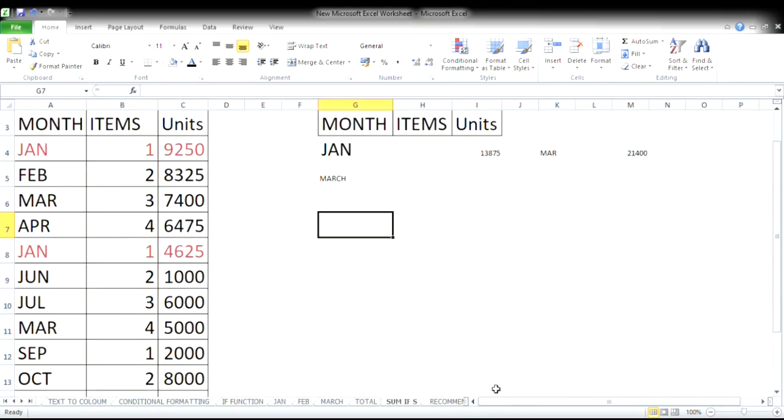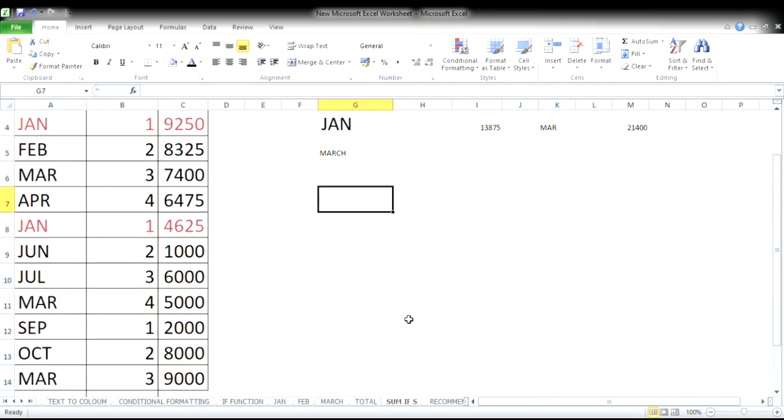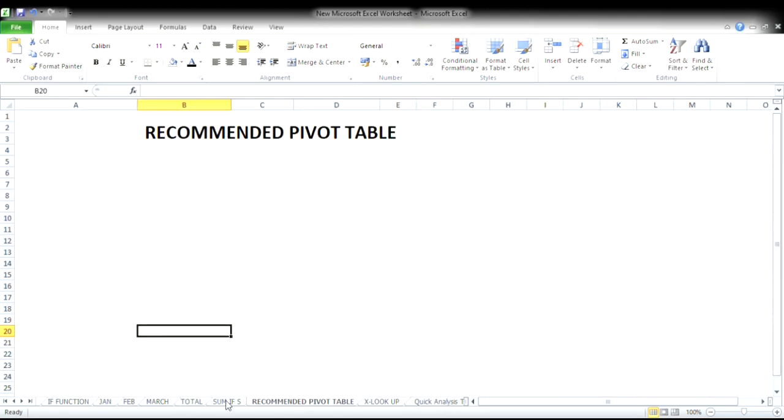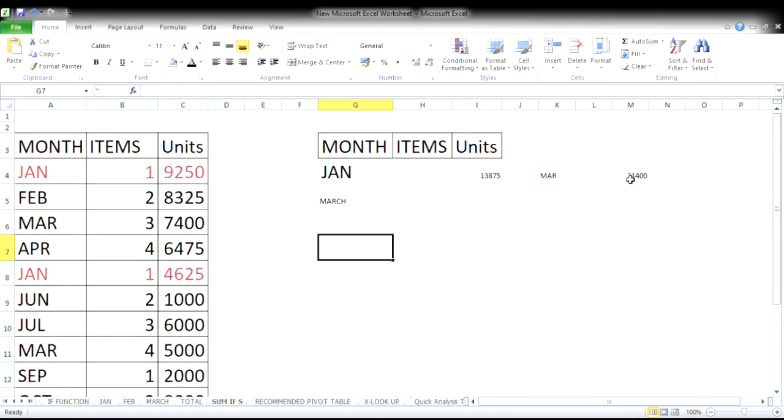Now the SUMIF function. What is the SUMIF function? SUMIF function is used to find data from a large list.